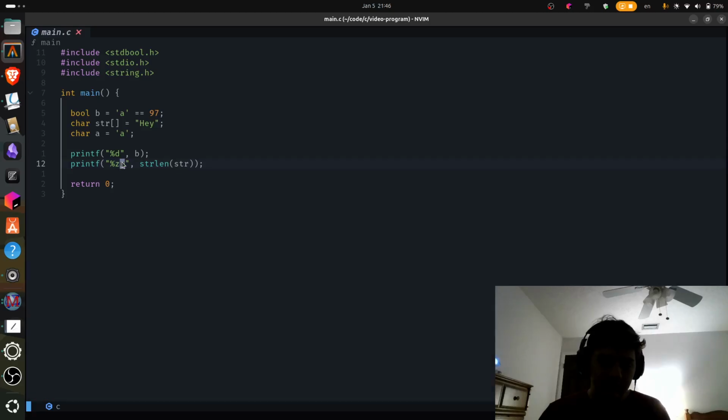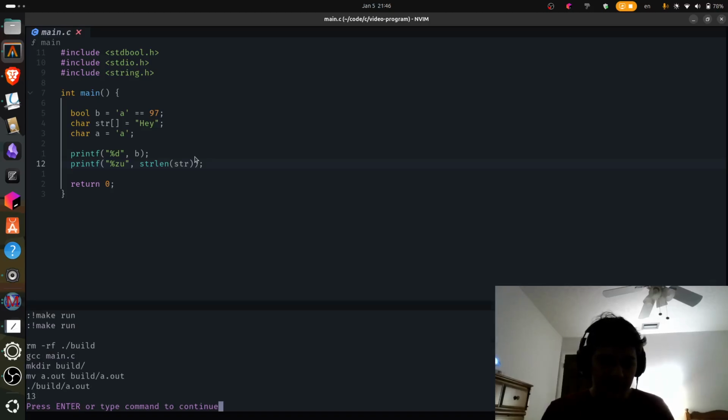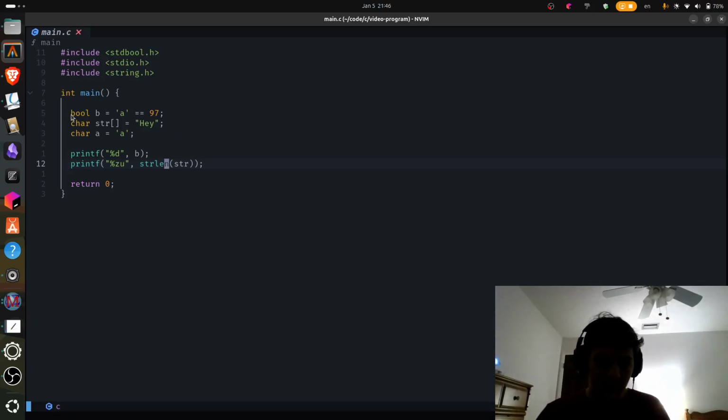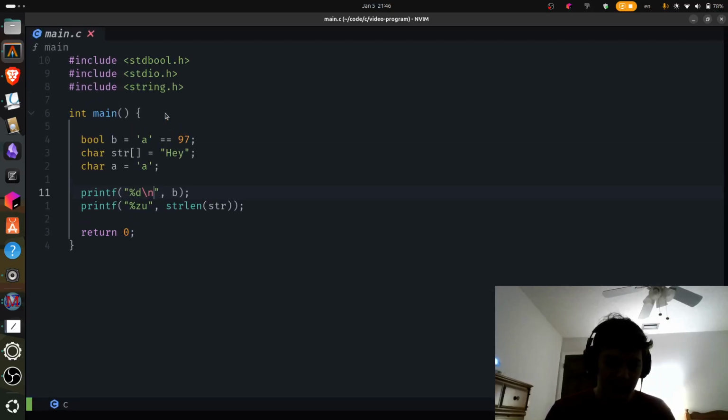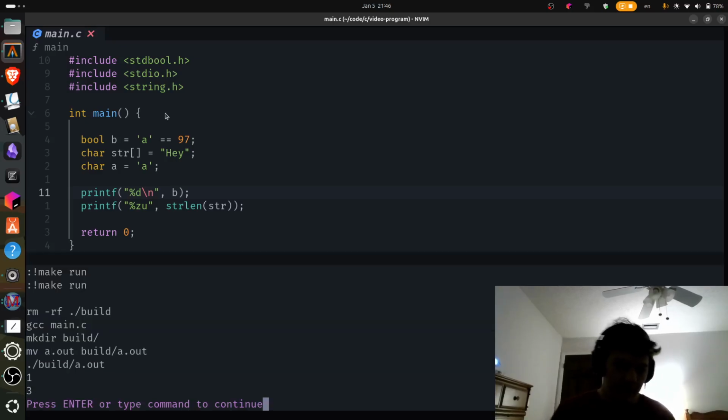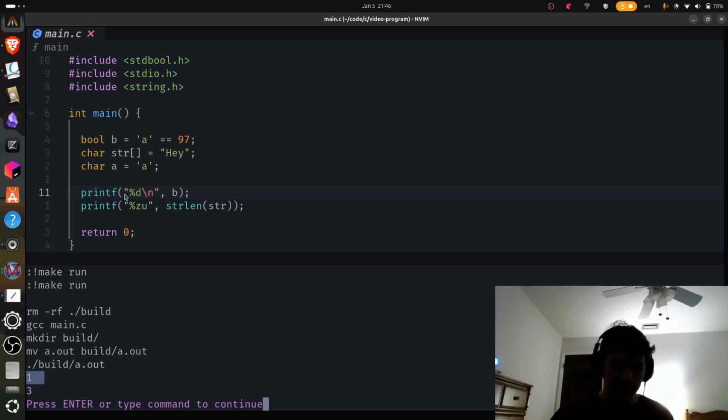So now we can run our program and see, well, it's printing out 1 for the Boolean b right here. And then it's printing out the length of this, which is 3, right? So the way we can separate that is by just adding a newline character. And we can run it again. I'm going to increase the size here actually real quick. You can see that we have 1 for true, which is from this Boolean b, and it's true because